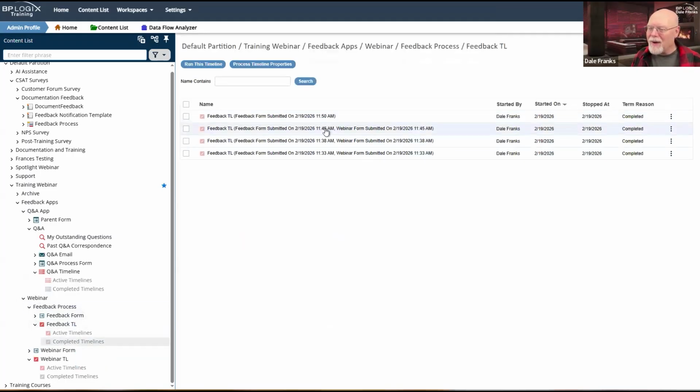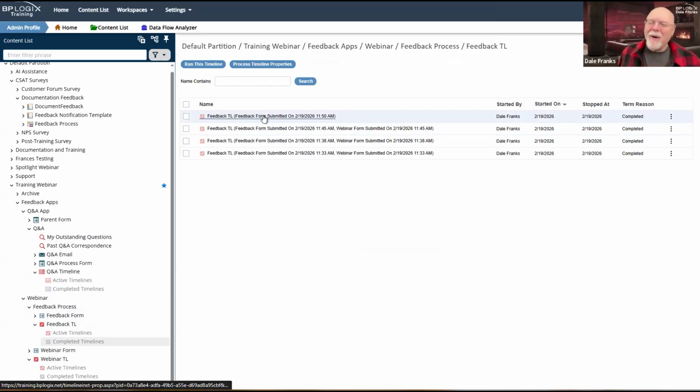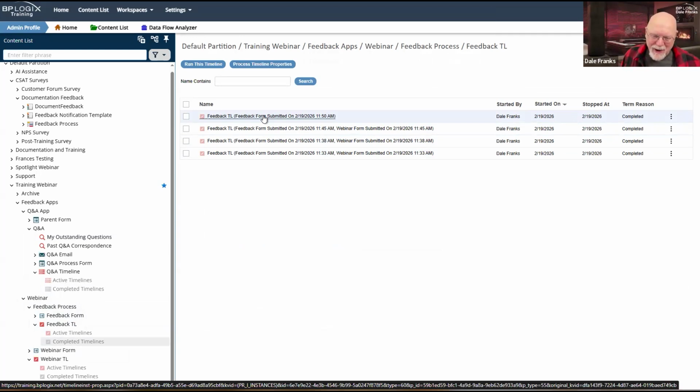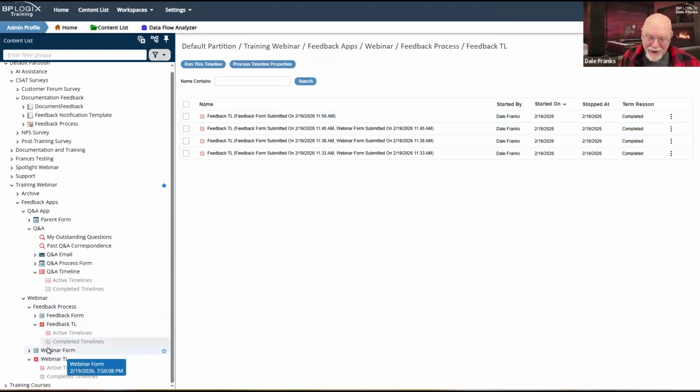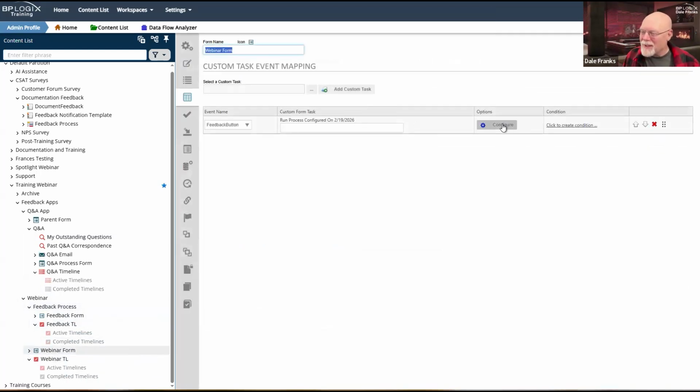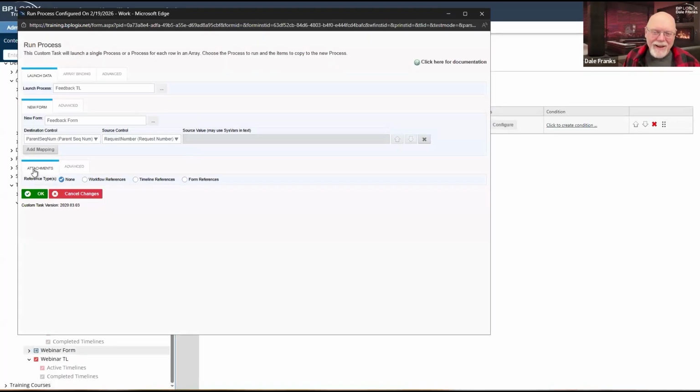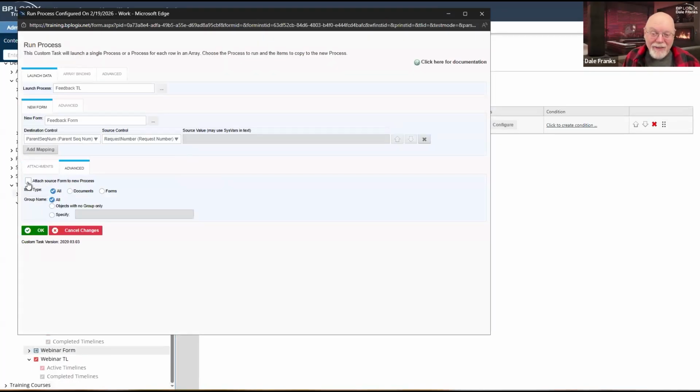Let's look at time. Okay, there we go. I was just mistaken about the checkbox we needed to click. So now I only have access to the feedback form. So just to make it clear, the fix was on the Advanced tab, attach source form to new process.